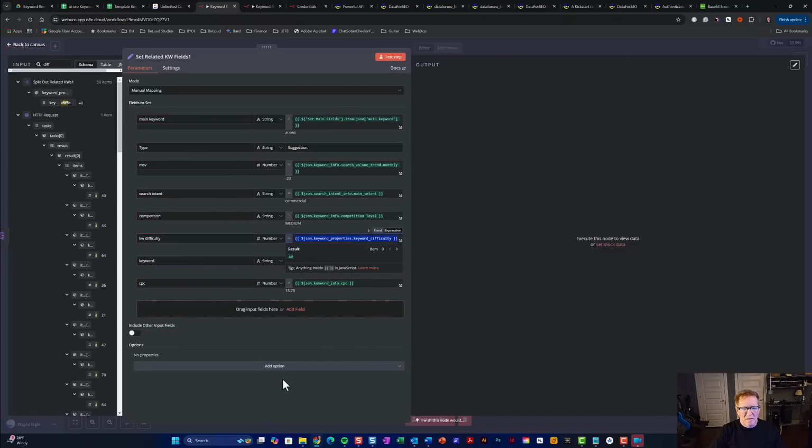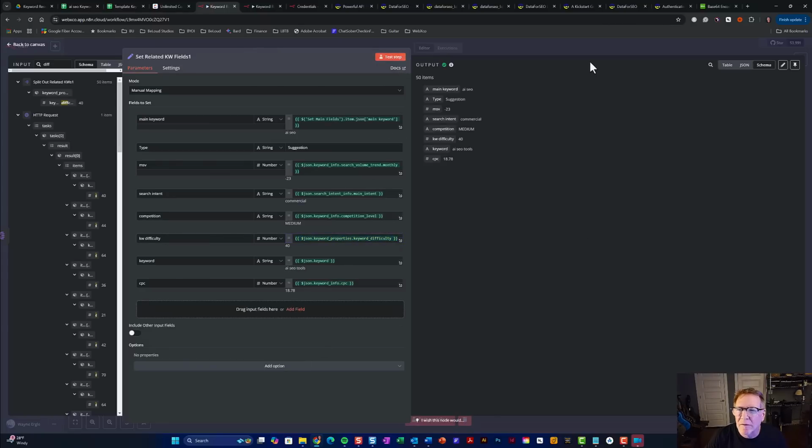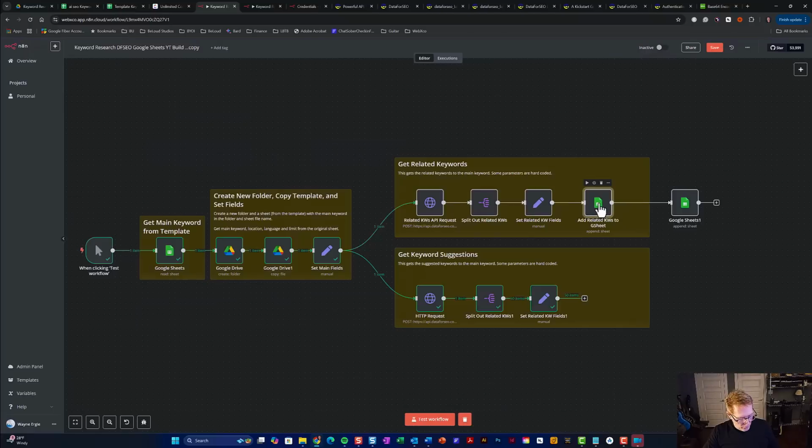So that should have got everything. We'll test this step. And now you have the 50 items output. Okay, now we're going to add those keywords to our Google Sheet. And this is going to be in the sheet itself, the tab